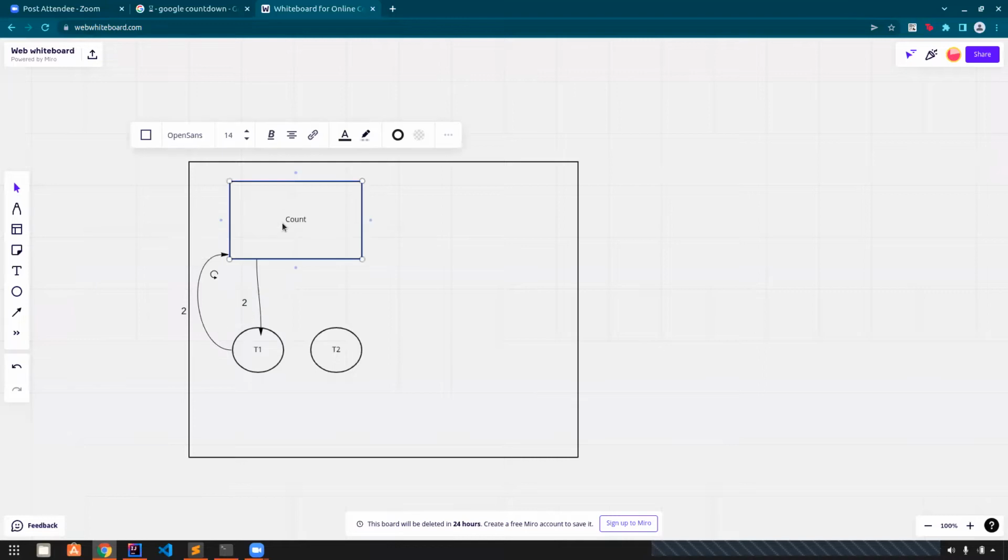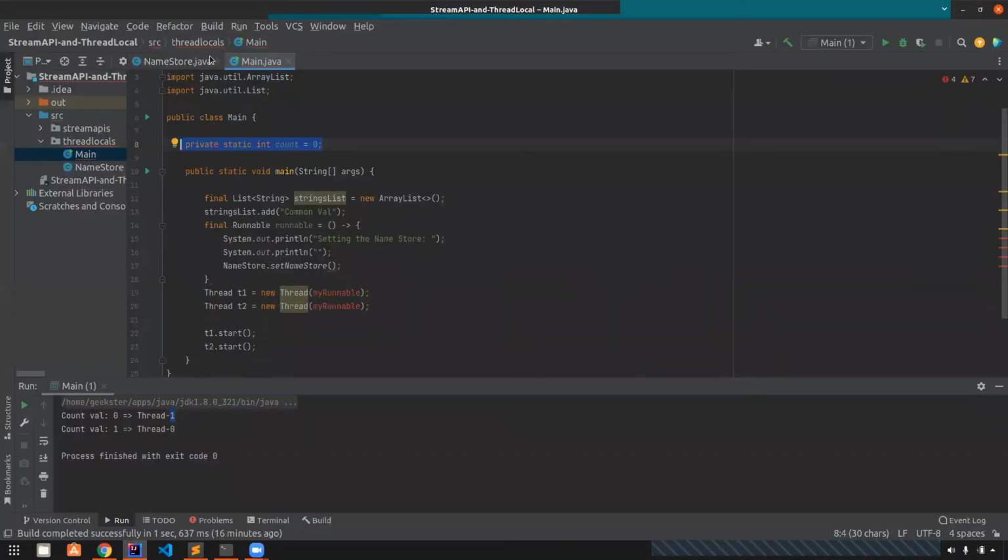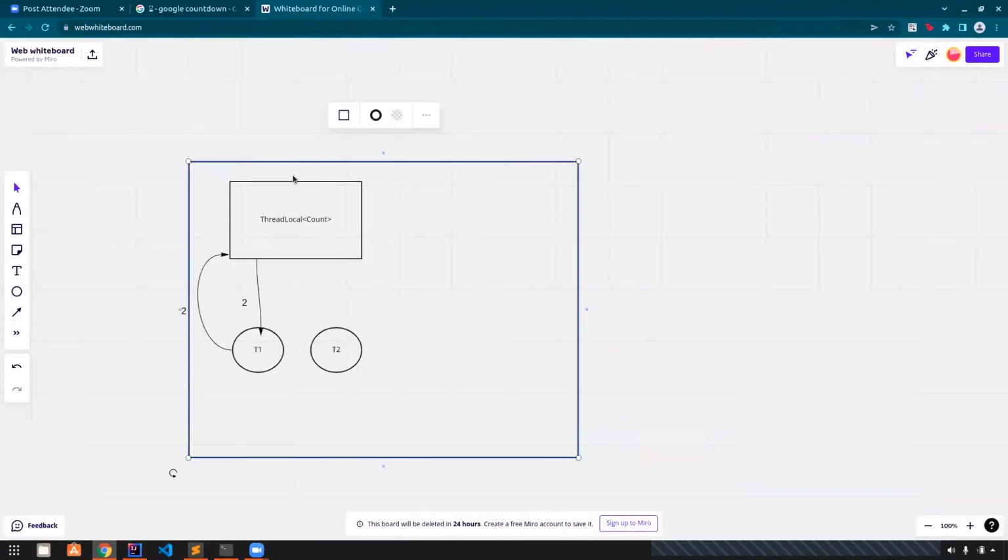thread local, what it basically does, let me just say this, thread local. Okay, it's a static variable, right? Thread local, you see here, I have defined this to be a static variable. Okay, but the magic behind thread local is if this guy is setting this value to 2 and it's reading 2, I mean when it reads it will only get 2. Let's say this guy is setting it at 2 and then this guy